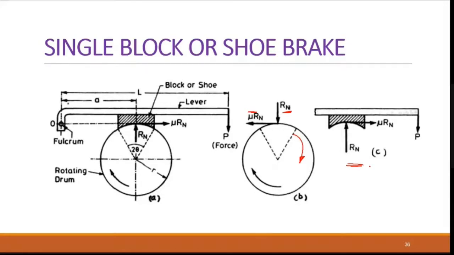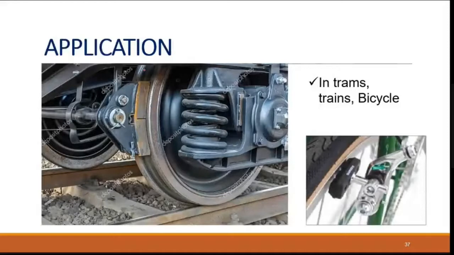What are the applications of this? You can see these brakes in trams, trains, and bicycles. Even a bicycle has these types of block brakes. In larger trains, the shoe is not rubber; it is a steel-like structure, which is applied accordingly. This also comes under the block brake, to have more friction on this surface. I can see the block applied here.